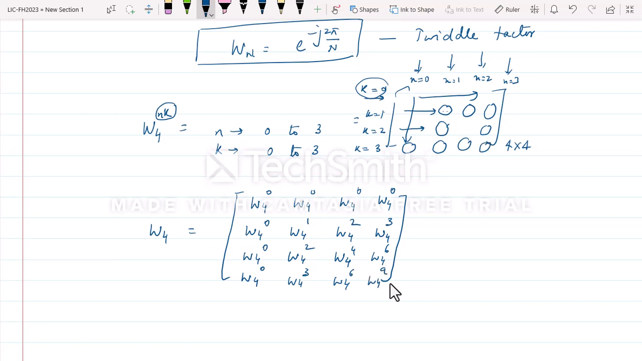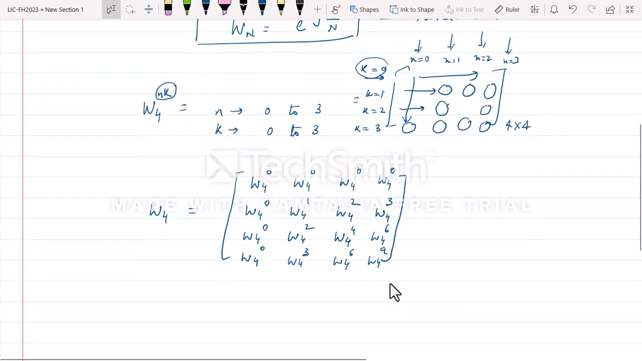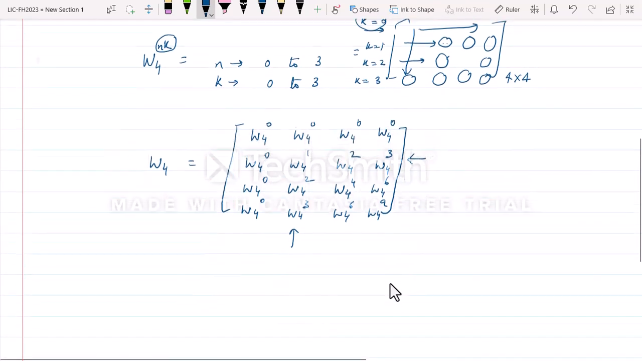So these are the values, now we'll write down the values of this. You can see here this is the second row and this is the second column. These values are the same: W4 0, W4 1, W4 2, W4 3, and the same as the second column. Okay. Also we know that